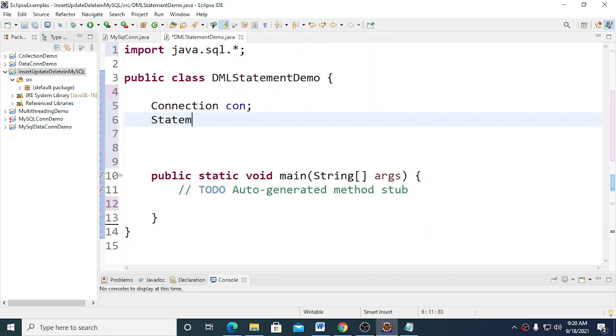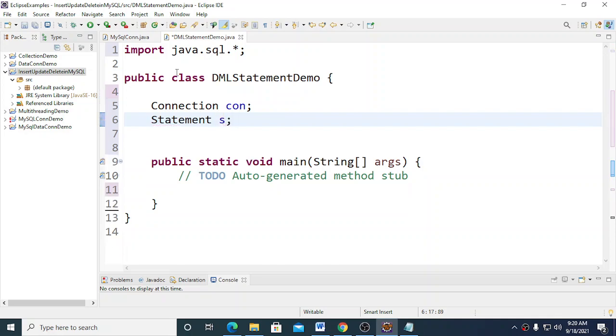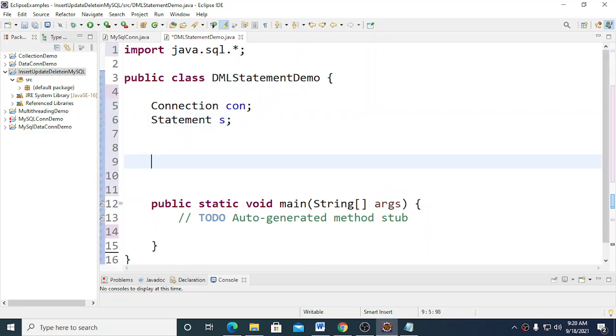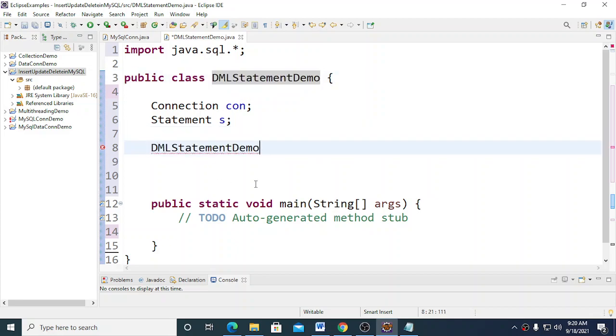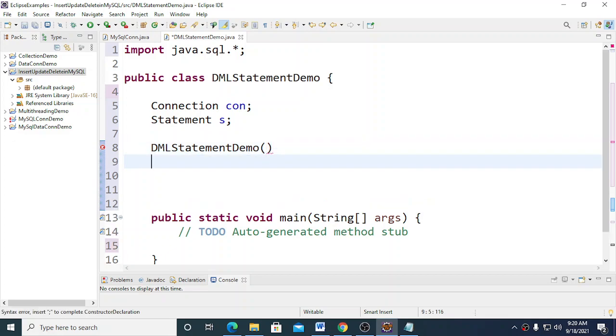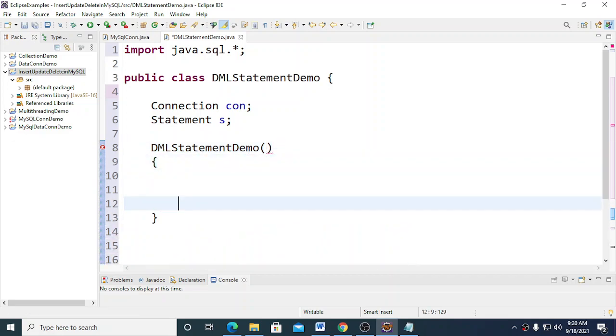Along with that, I'm also going to create a statement object for executing a SQL command on database. Now I'm going to write the constructor for this class. In that constructor, I'm going to initialize the connection.